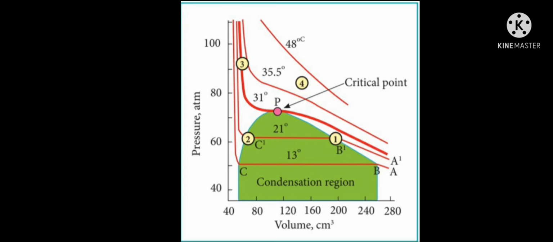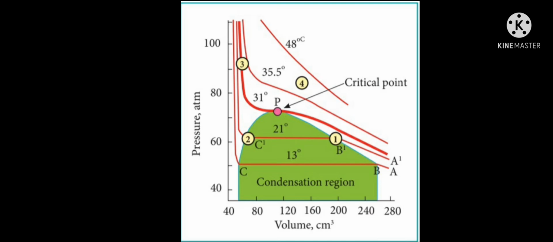Hence, the volume range in which the liquid and the gas coexist becomes shorter. For example, at 31.1 degrees Celsius, the length of the shorter portion is reduced to 0 at the point P, which means the carbon dioxide gas is completely liquefied at this point. This temperature, 31.1 degrees Celsius, is known as the liquefaction temperature or critical temperature of carbon dioxide.